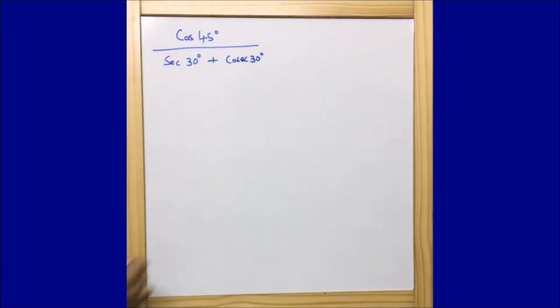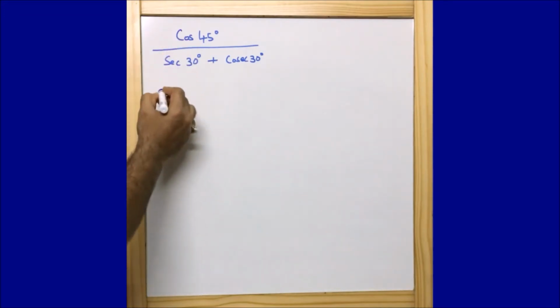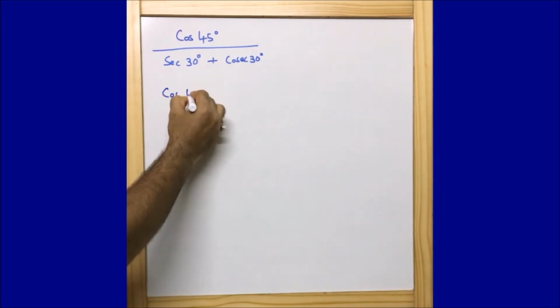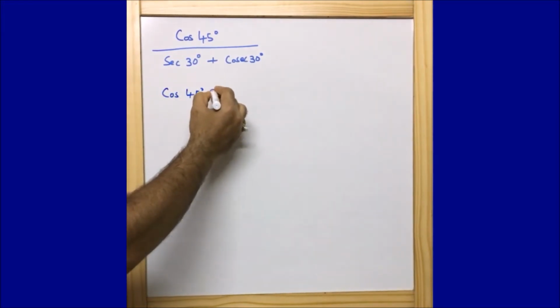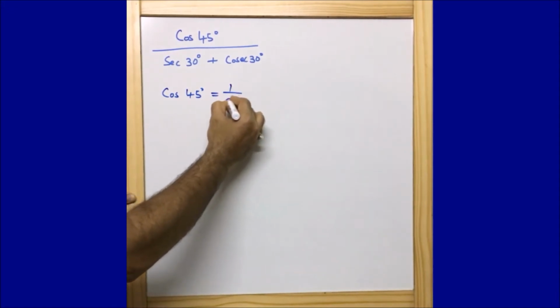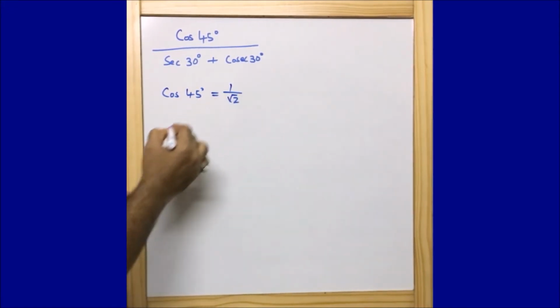I always used to tell that do not try to remember each and everything. Just remember the cos and sine values. If you remember the cos and sine values, then definitely we can extract other values. Okay, let's see what we are doing here. Let me first of all put down the values here. Cos 45 degree is equal to 1 by root 2. Everything I am taking from the table itself.